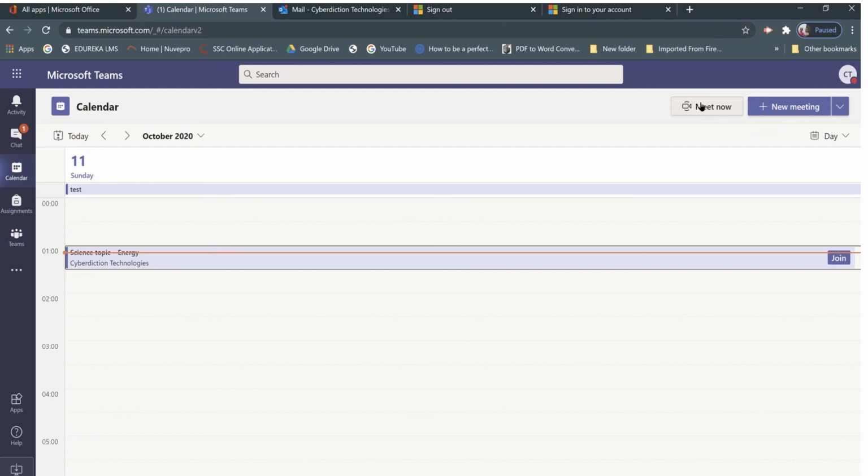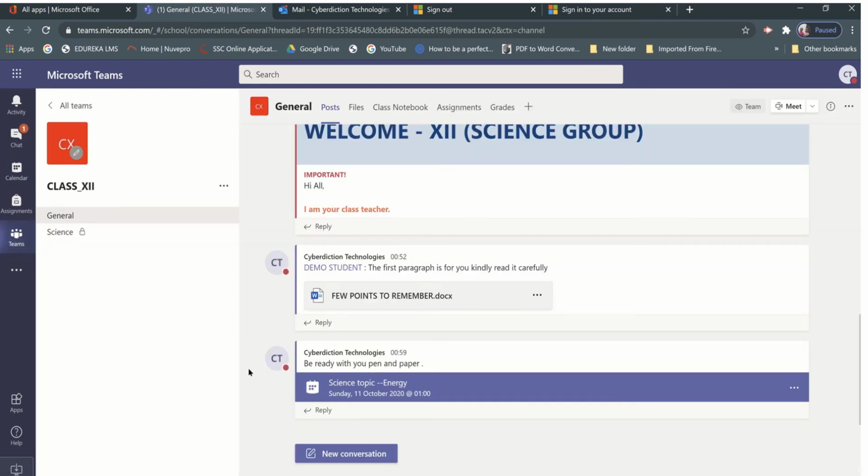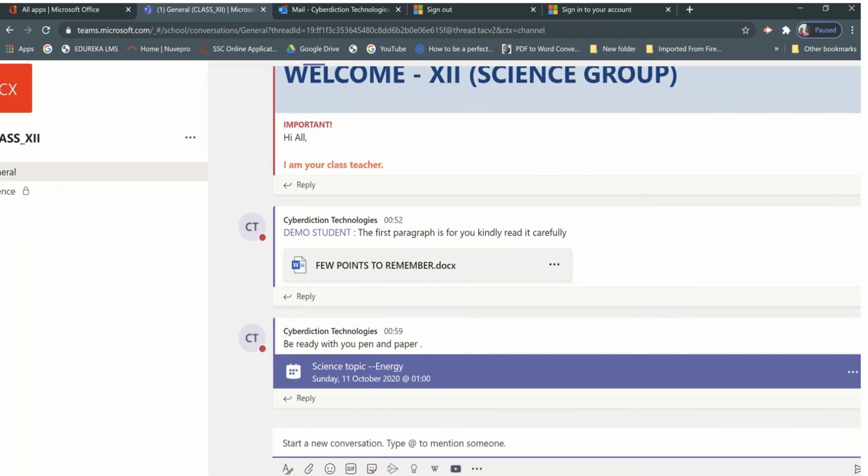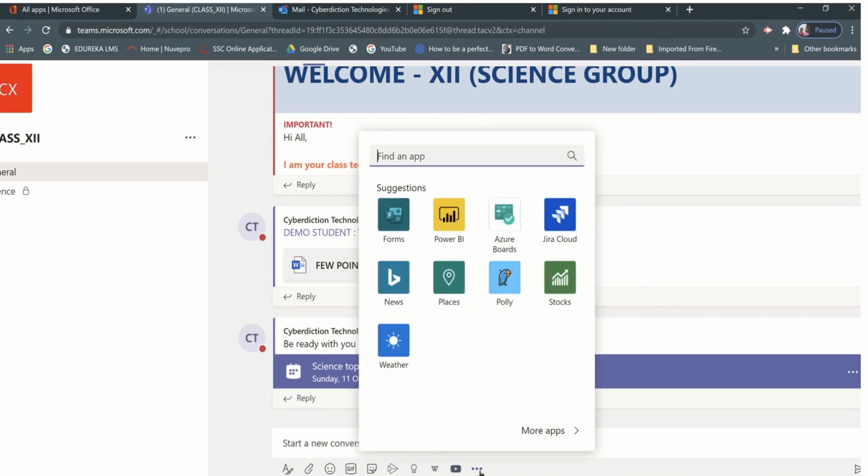And otherwise there is another option, like with your team members, if you want to meet, let's say you have 4 or 5 students from that class 12, and you want to conduct a meeting, a group activity or anything that you want to discuss, you can simply click on meet now from here. Also there is another option from that class group as well. If you click on the new conversation, here also you will find a meet now link. No, this is stream, click on these 3 dots,